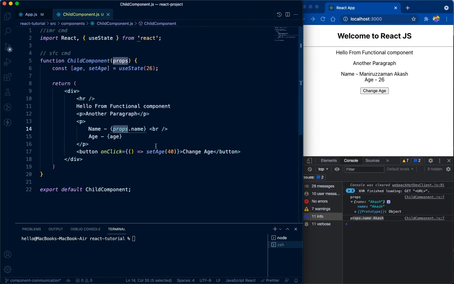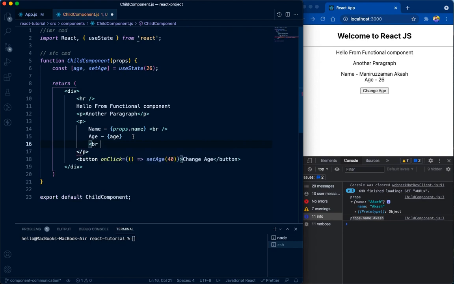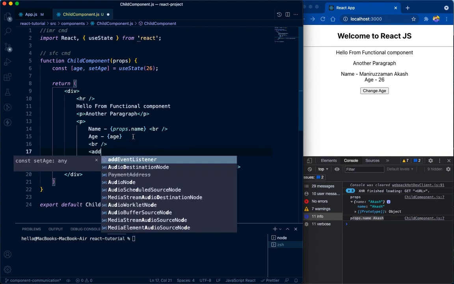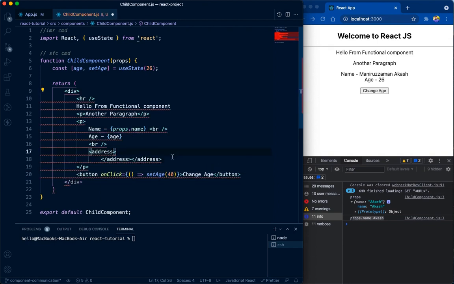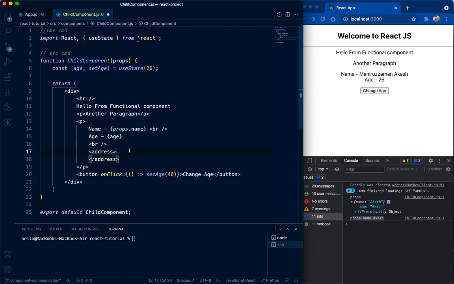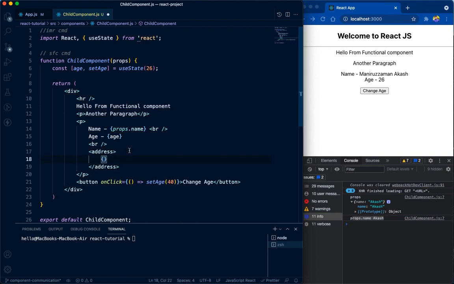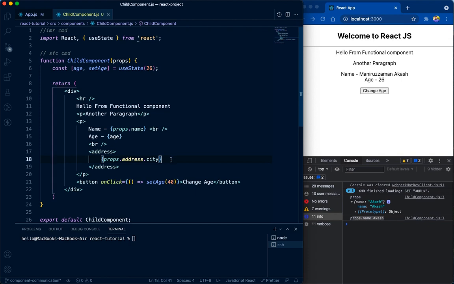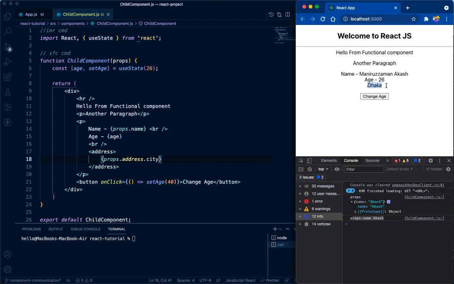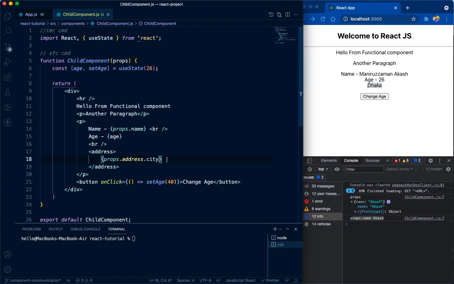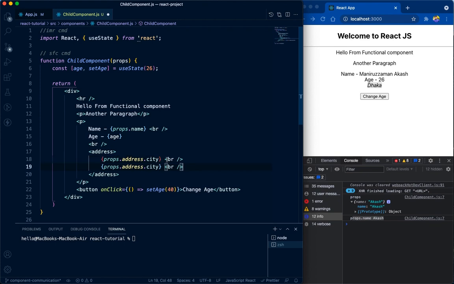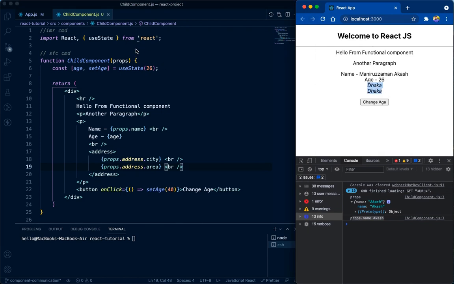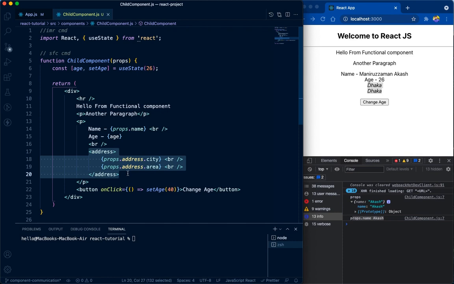So how can we access it here? Address. Okay, so how can we do that? We can add props dot address dot city, since we have passed city. Reload, save, and wow, we can access that object data also, right? It's good, right? Okay, next we want to pass the area. Look, it worked perfectly. Okay, so we can access data, but look at this, these are redundant,